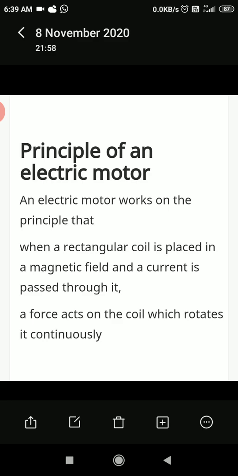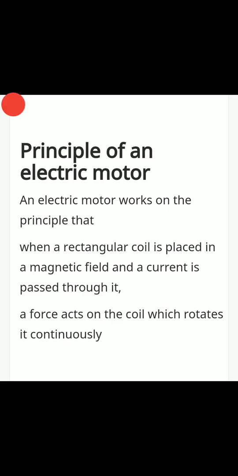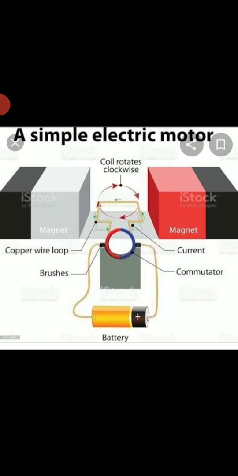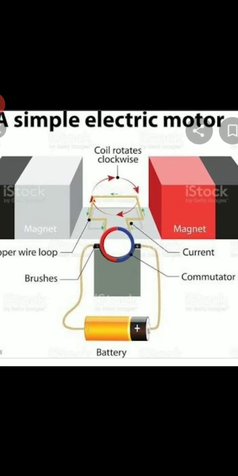That's why we are supplying the electrical energy, and when the current is passing through that rectangular wire, as it is kept in the magnetic field, we get movement in the wire. The wire is moving from its place. Clear? So you can see another picture also.